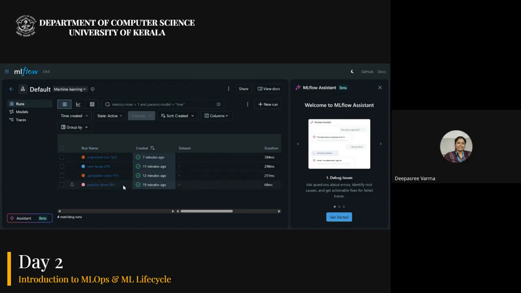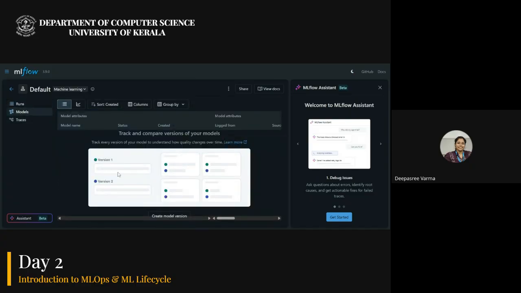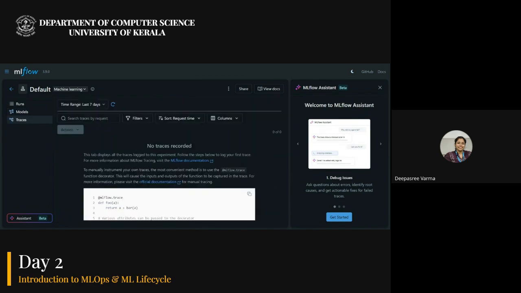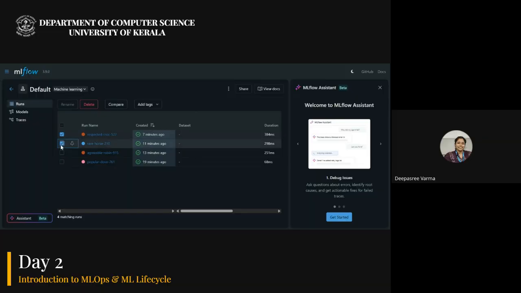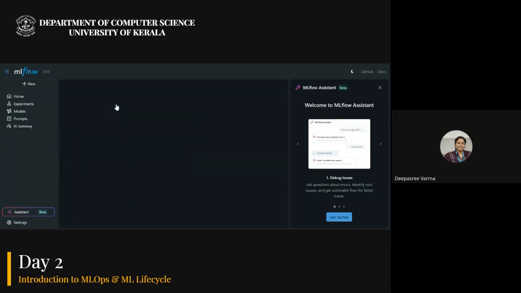Okay, fine. So you can see the various models I used. You can see the traces. Here in runs itself, if you want to compare 2 models, you can just select 2 models and click on compare.